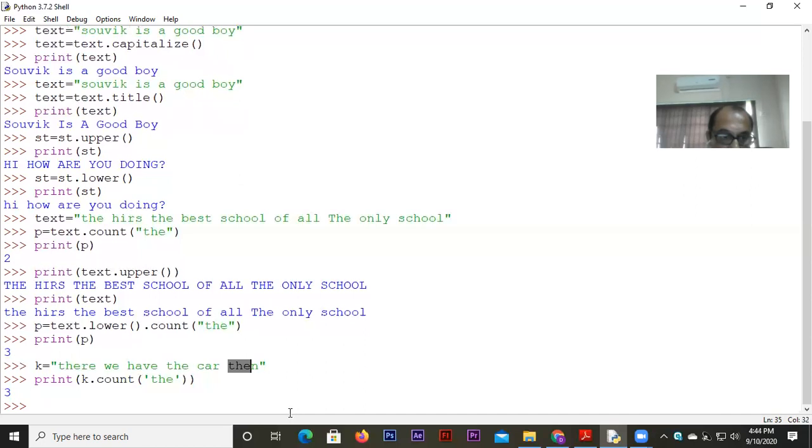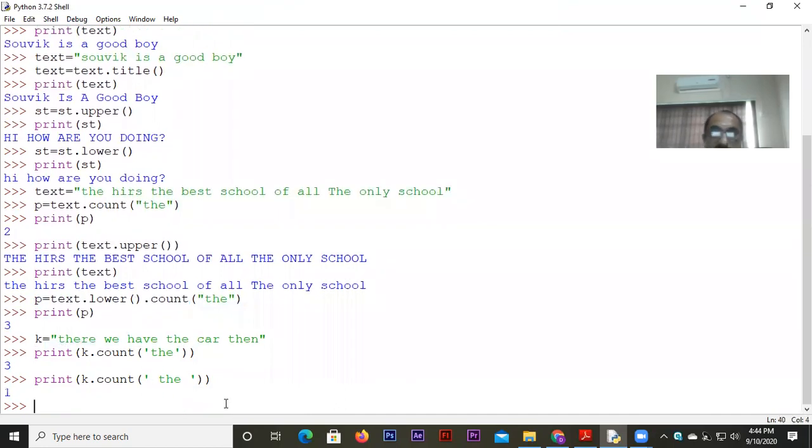So it's a problem. To avoid such complication, only one thing you can do: at the beginning and at the end, you can put a little bit of space. Otherwise, you will not get the actual result. Now here it means very clearly that I'm looking for the word "the" having a space before and after. Fine. So in this case, that problem can be avoided. Fine. In the next video, I will revise the remaining functions with you.